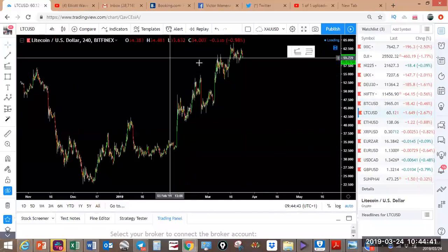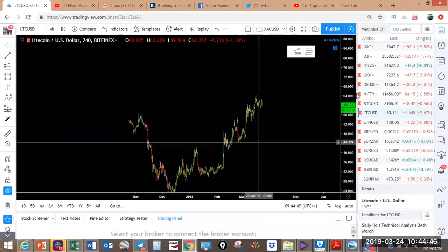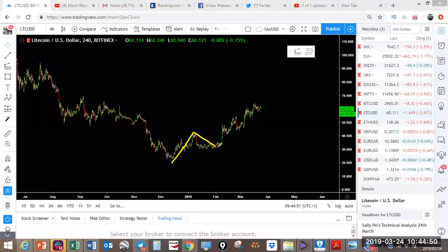Litecoin is slightly different. So I'm looking at Litecoin and it keeps pushing higher and higher, but it looks like it's making a wedge towards the end here. We're going to have one more up here and then a drop. That drop may not be the reversal, it can just be a corrective structure. So let's have a look. So the next move that we'll be expecting is a little bit of a push higher, the same one as what you're going to get on Bitcoin before we get any pullback in that structure, because it's making 1, 2,